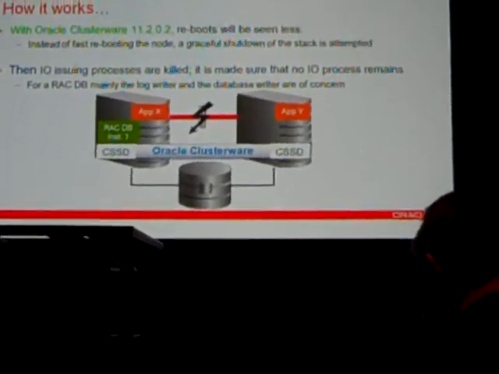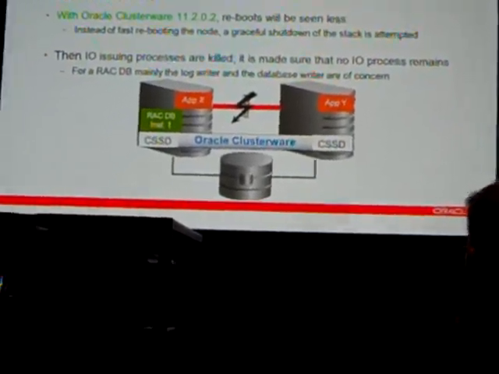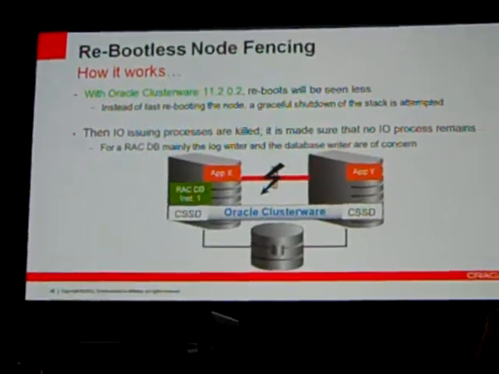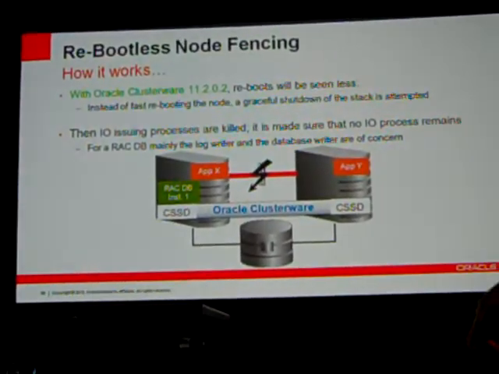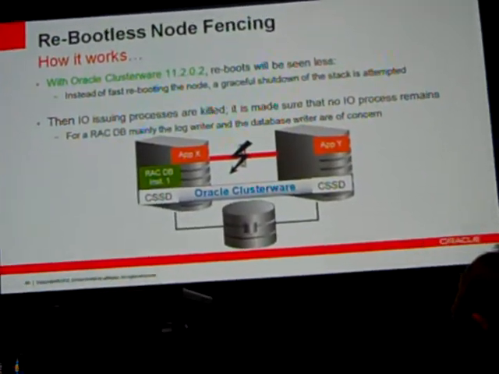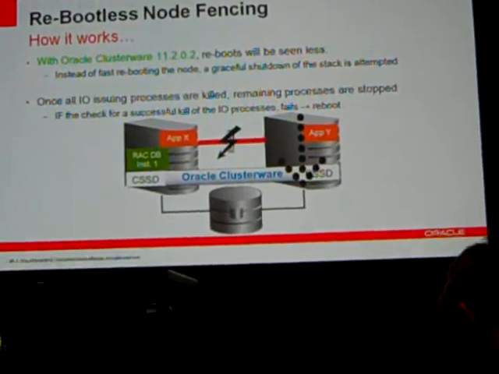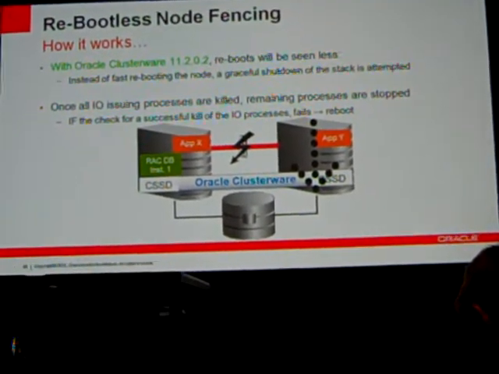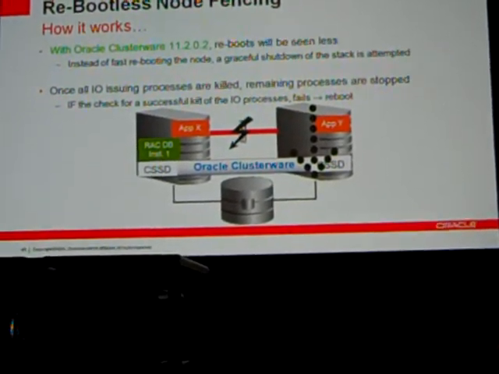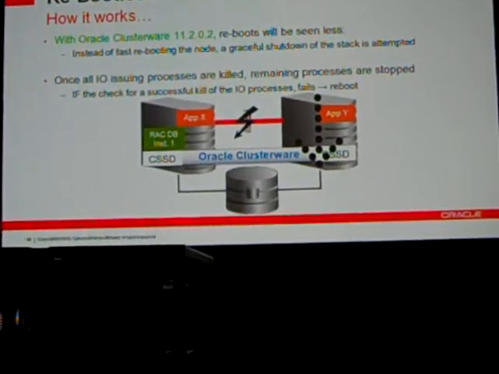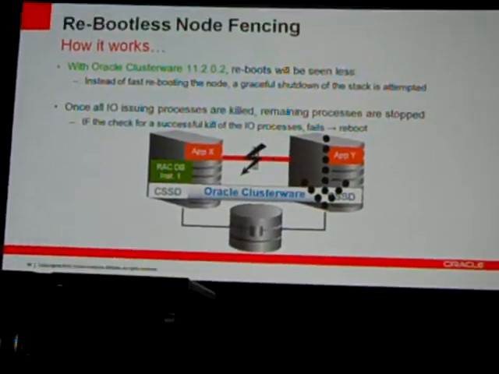So that's why we fence, that's a good thing. But if we don't do it by shutting down the node, the first thing we need to do, if we encounter this problem, is restart the stack. So I/O processes go down first. If that is successful, and we'll check it multiple times, we'll continue to stop the cluster stack on the node